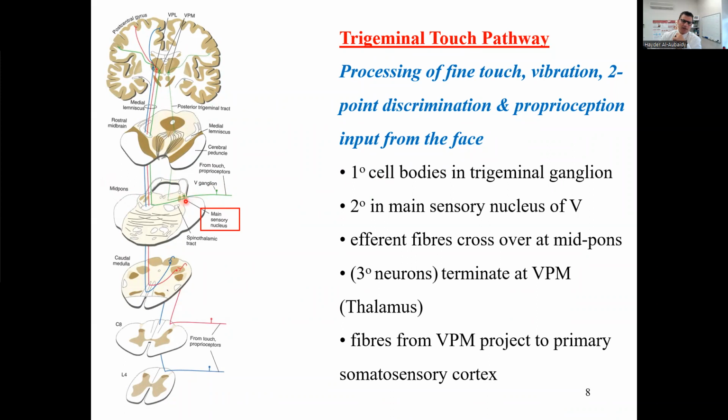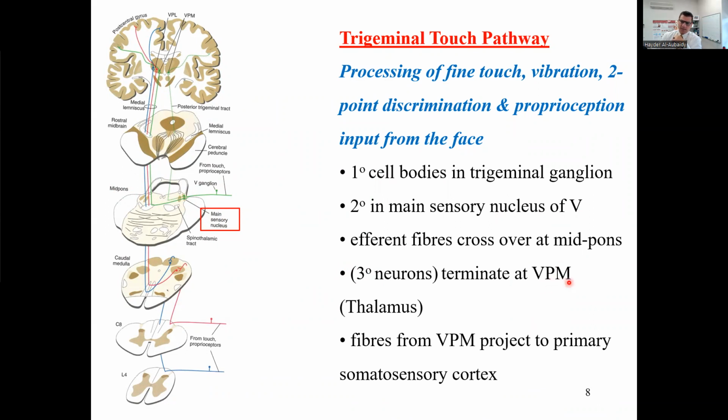Once it enters, it synapses with the second order neuron at the main sensory nucleus of the trigeminal nerve. Then the second order neuron will decussate to the contralateral side and ascend all the way up towards the thalamus, where it synapses with the third order neuron at the VPM nucleus,